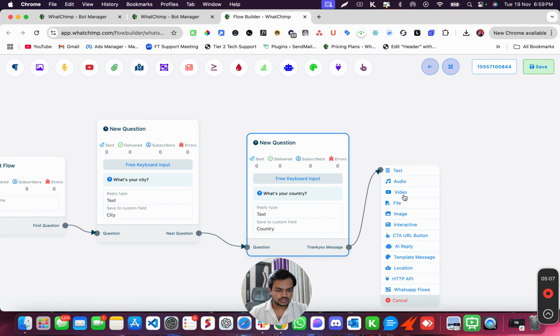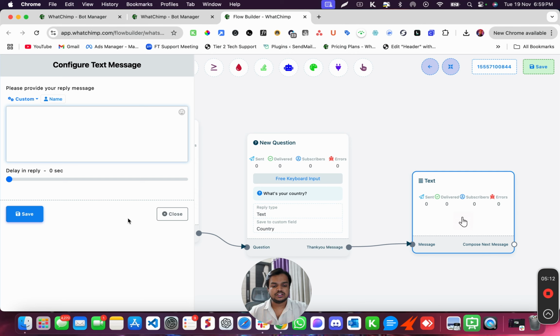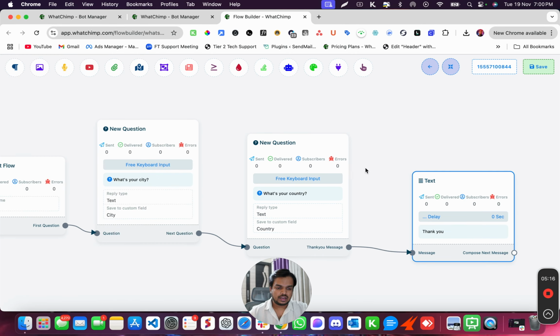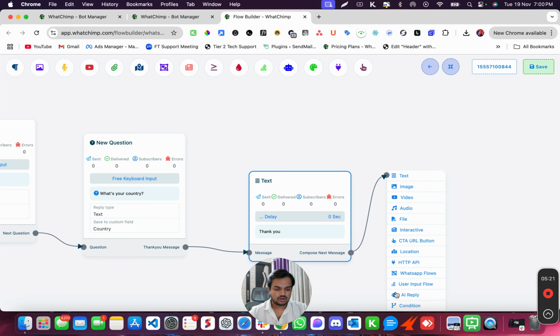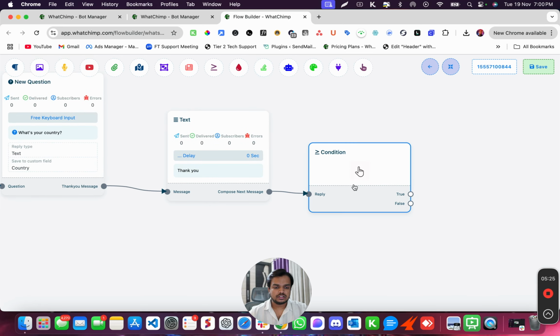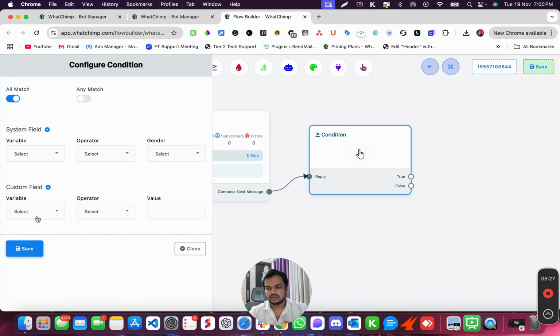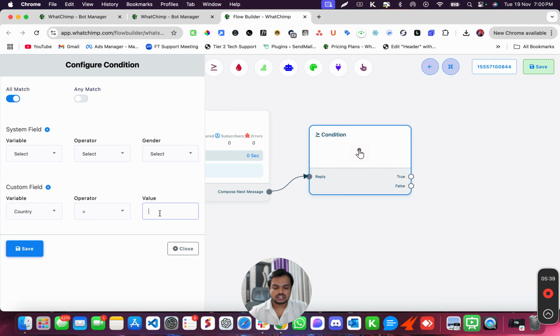Okay, 1 second. First thing is we have to send them a message. We can't immediately do a condition check, so we have to do thank you, and this is where we can add the condition check. So now we get an option to do the condition check, right? So now the condition that I want to check is whether they come from my country or not. So let's say, okay, this is custom field, right? Because in the custom field, we have stored the country information. So if the custom field equals, let's say, India,